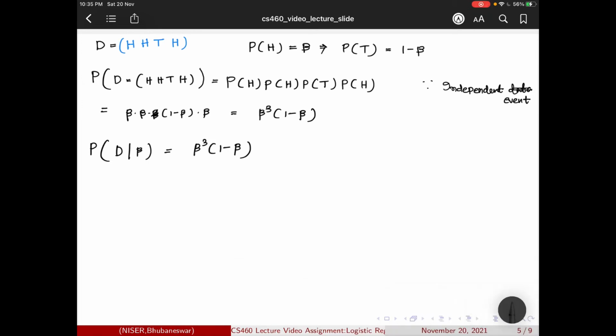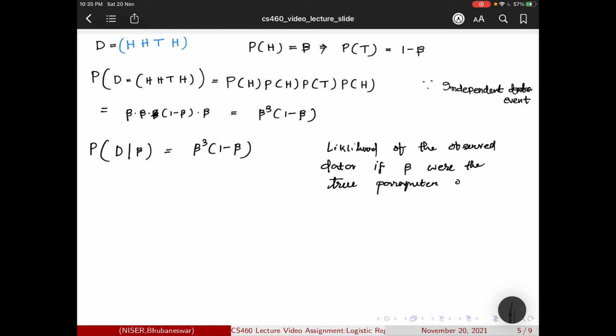This is the likelihood of the observed data if beta were the true parameter of the biased coin.